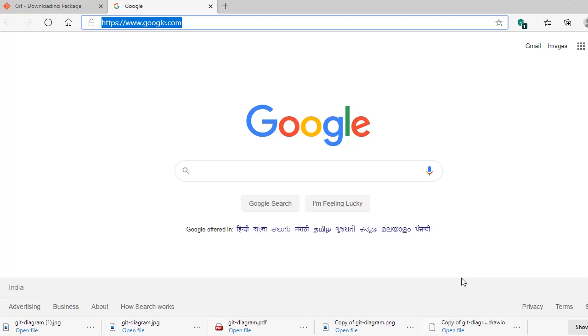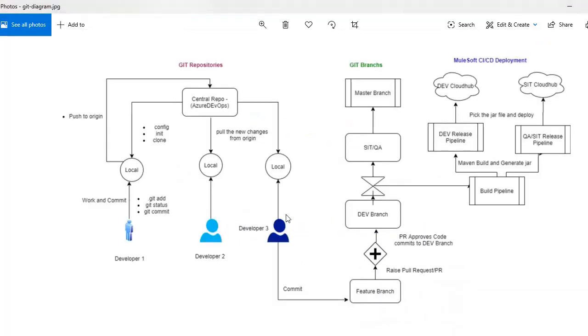In this video, we will discuss what the different Git repositories are and how we create and configure our Azure DevOps and our local Git settings for that. In our next video, we will create all the pipelines. So I will explain what Azure DevOps CI/CD is and what the different repositories are. I would like to explain this by using one pictorial representation which I have designed.